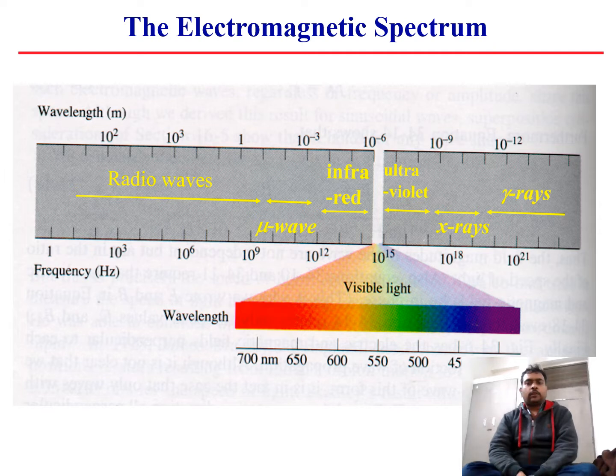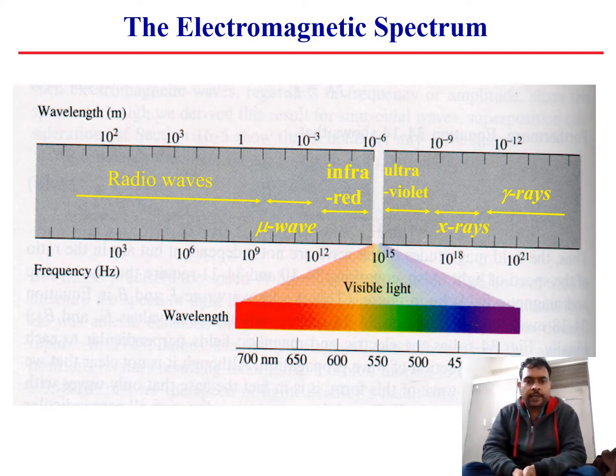So first of all, what is the electromagnetic spectrum? The radiation emitted by the sun consists of a whole range of wavelengths of light, which ranges from radio waves to gamma rays, which has a wavelength of about 10 to the power 2 meters to 10 to the power minus 12 meters, or in frequency from 1 hertz to 10 to the power 21 hertz, say. Of which we can see only a very small portion of light. That is only about 4000 to 8,000 angstrom, which is called visible light.